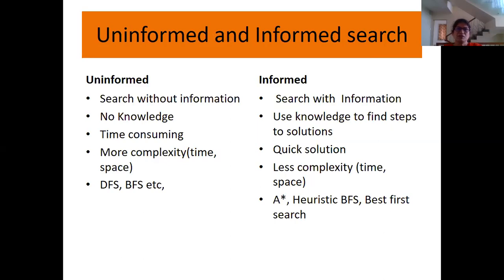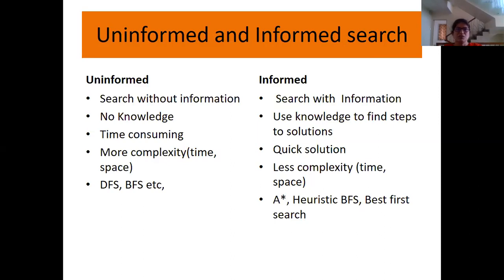Now, search algorithms. In case of uninformed search, you can see it is DFS, that is depth first search, and breadth first search, which we already studied in our data structure course, where we explore each level before moving to the next level. In case of DFS, we go deep to the last level. If the solution is not found, then we go back again, select another path and move again deep down. Similarly, in case of breadth first search, we search one level at a time and then move to the second level.